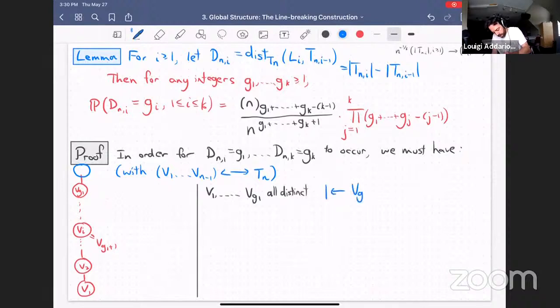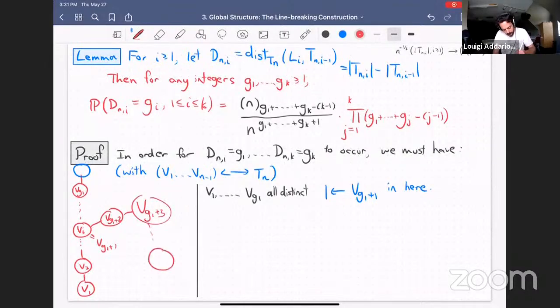So we see our first repeat. So v_{g1+1} should be somewhere in this set. Okay, and then we need to build a second branch of length g2, which means that we see the next value after v_{g1+1}, that's v_{g1+2}, and then v_{g1+3}. This tree is starting to get a bit messy, but anyway, and so on up to v_{g2}, and then there should be a repetition which yields a leaf, and then so that's saying we need v_{g1